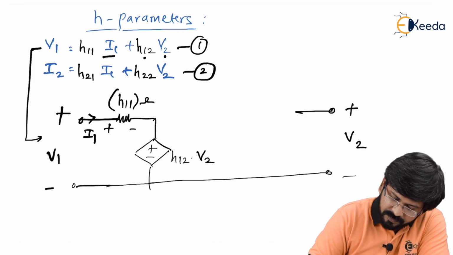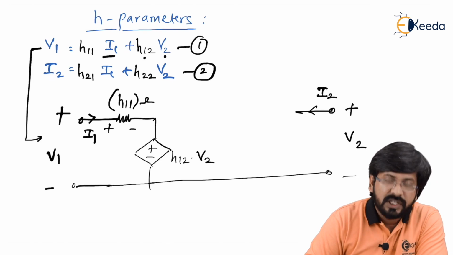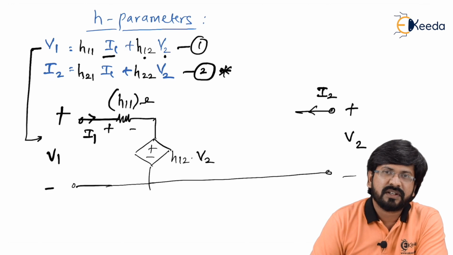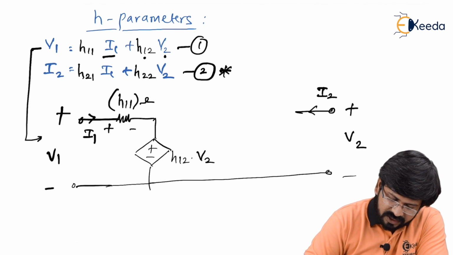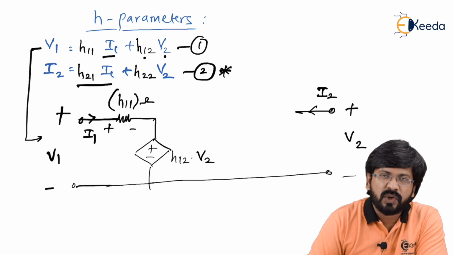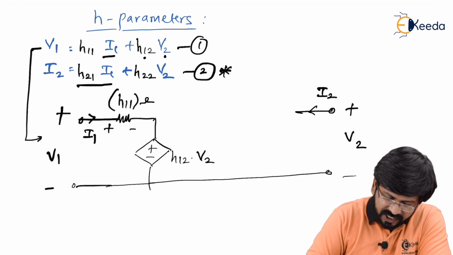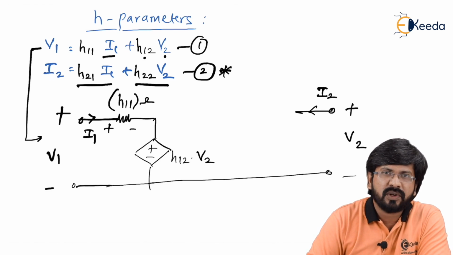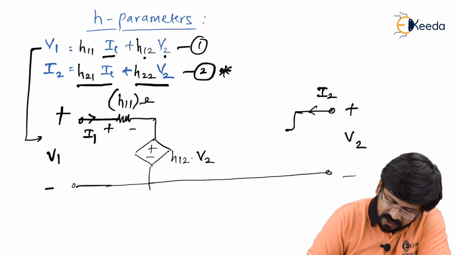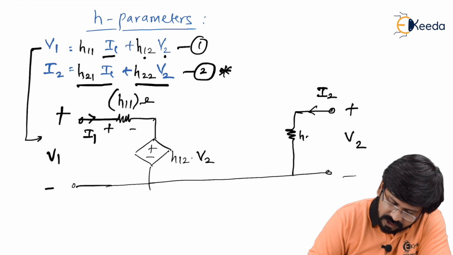Similarly, when you start with port 2, this is current I2. You see equation number 2. Equation number 2, as you can see, is a current equation. It means it is bound to give you what type of circuit? Parallel circuit. So it has to be a parallel circuit in which the first element is H21 I1. Again, now you have gone to port 2, and when you are talking about I1, it has to be a dependent one. Whereas when you see the second part, H22 times V2, now V2 actually belongs to what port? Again port 2, and you are at port 2, so you can actually show this as a current. In fact, let me tell you, your H22 is nothing but your admittance in mho. You can verify here itself.